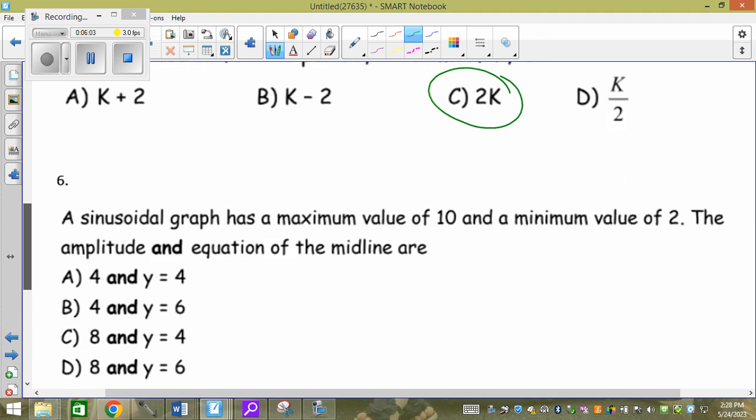So this one here says a sinusoidal graph has a maximum of 10 and a minimum of 2. This shouldn't be hard tomorrow. You can look at the formulas, right? You have an open book. You should not be getting these formulas wrong, I hope. So you have a maximum of 10 and a minimum of 2, and they want the amplitude. So the amplitude